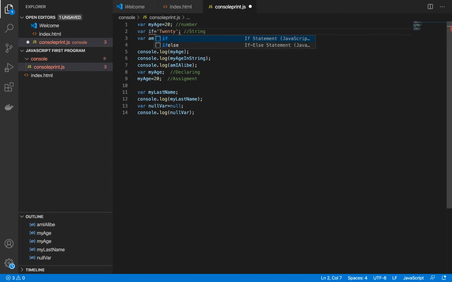So if I give if, it will again fail. If I give else, it will again fail, because these keywords are already used somewhere else in the coding. So we have if else, we have default, we have finally. There are many keywords which I cannot tell you right now because it's a big list, so please go and Google it to get all the reserved keywords if you want to know. So these are keywords that we should always avoid while declaring any variable.